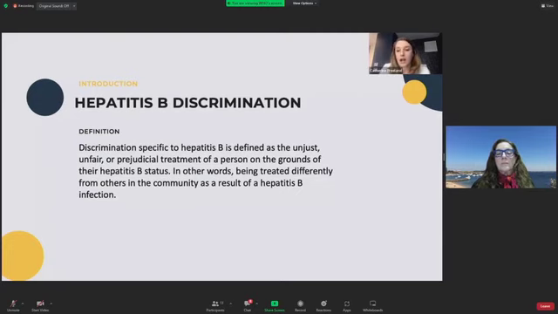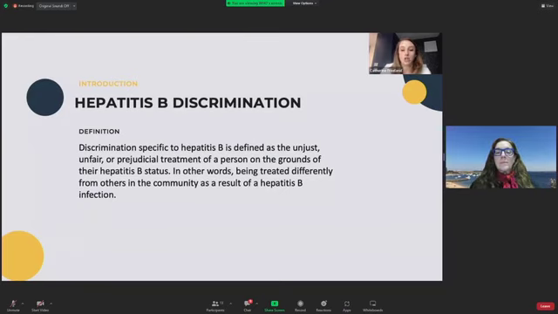Much of the literature out there is really focused on hepatitis B stigma. However, there is some literature out there focused on discrimination, mostly coming from China, that specifically calls out the negative impacts of discrimination. I think discrimination goes beyond stigma and is a consequence of stigma, and that we should explore